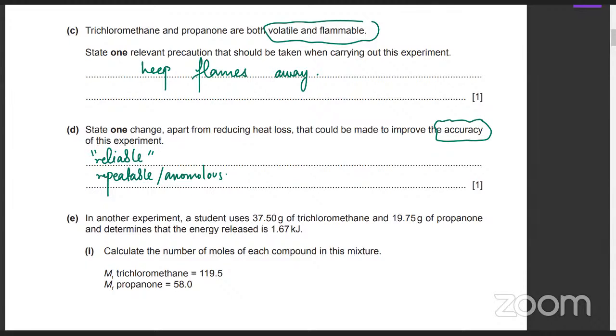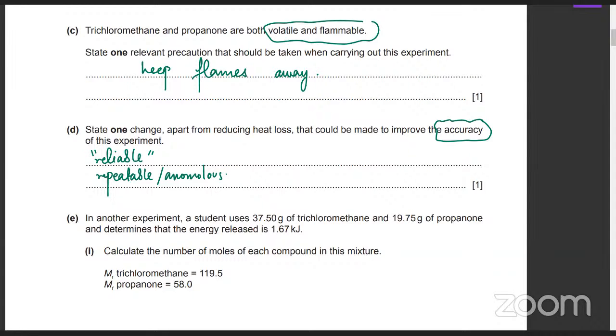If you improve the system's accuracy, like heat loss is a systematic error. If you have heat loss, no matter how many times you repeat the experiment, there's always going to be heat loss. You get the idea that reliable means a different thing. Reliable means how repeatable are your experiments? Accuracy depends on the system. How could you improve the accuracy of the system?